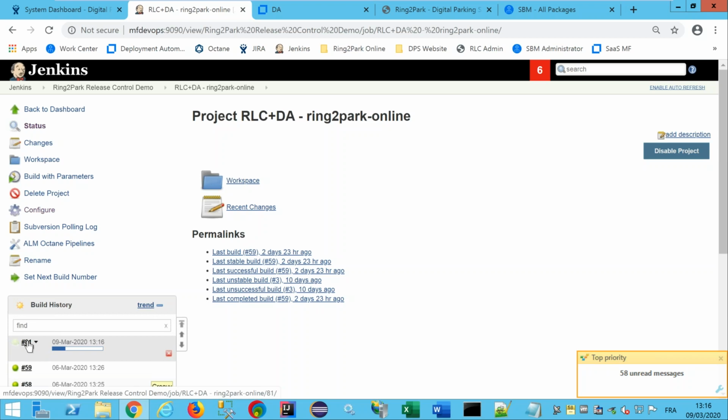So what are the tasks executed by this Jenkins job? First, it will use Maven to build the new application version. Then it will create a release package in Release Control, and it will upload the new application version into Deployment Automation to be deployed later.